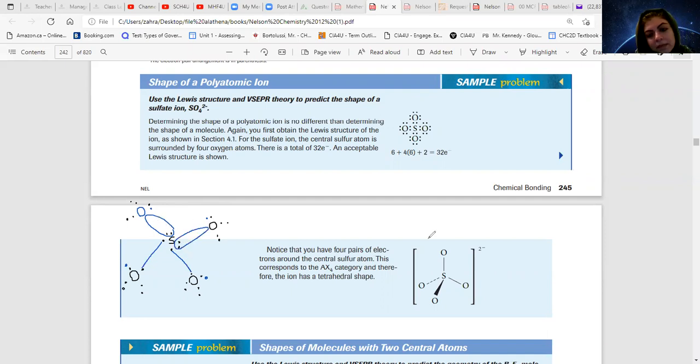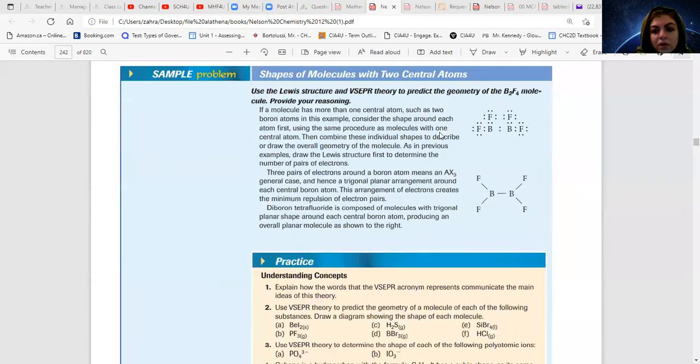So if I have 4 single bonds, you see here, then I have to put a bracket around that and put the 2 negative here. This is the ion. Now here is